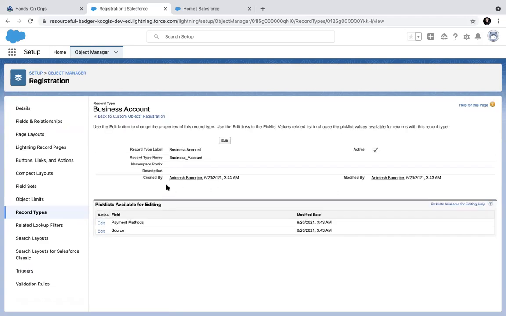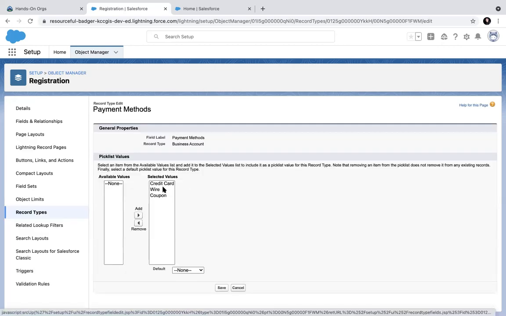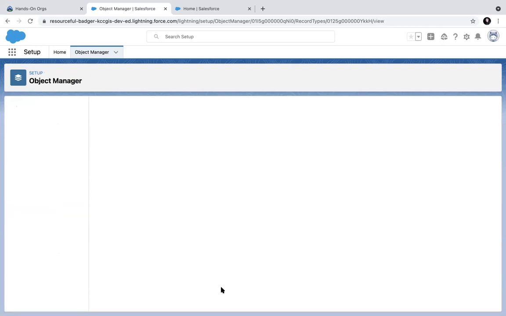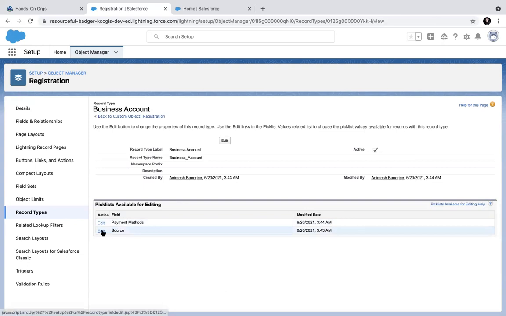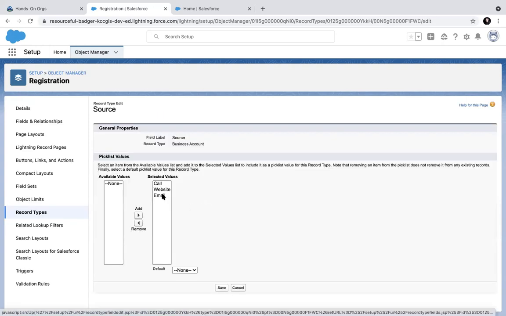I will show you that. And I can choose all the pick lists, which values will come or not. So I can say that coupon is not needed in business accounts, right? And in source, in business account, email is not required, right?